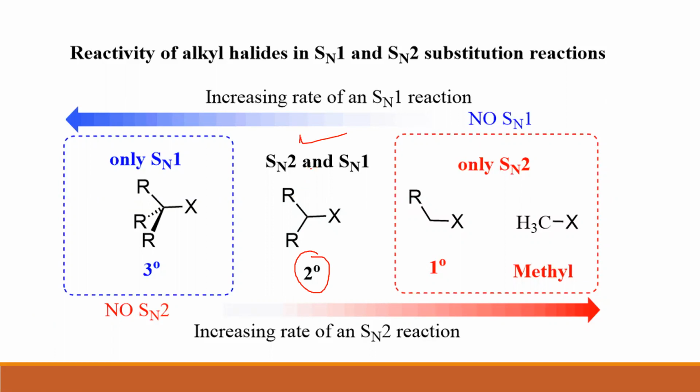The solvent that is used also plays a role in finding out whether a reaction goes through SN1 or SN2. If we take the reaction in a polar solvent, then SN1 is preferred. If it's a non-polar solvent, then SN2 is preferred. The nucleophile strength also determines whether the reaction proceeds via SN1 or SN2. If the nucleophile is weak, then it tends to help SN1. If the nucleophile is strong, then it tends to help SN2. So these are some of the things that we looked at in the previous class.